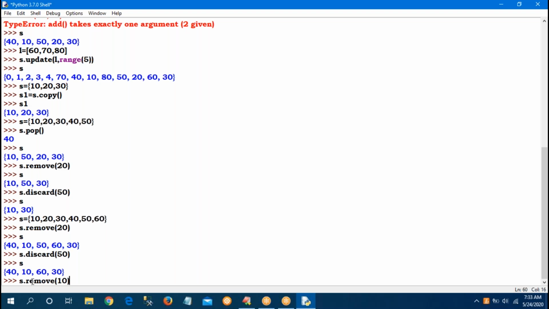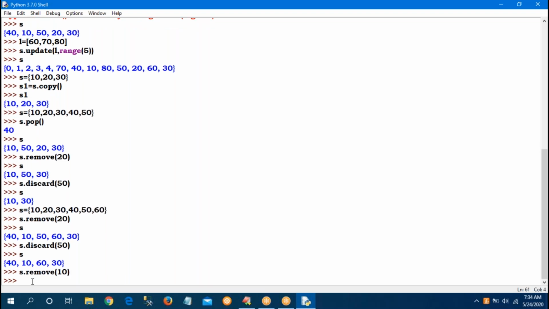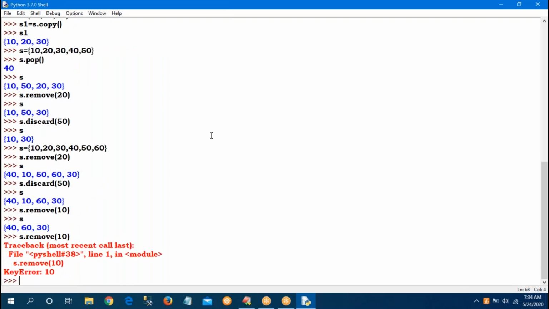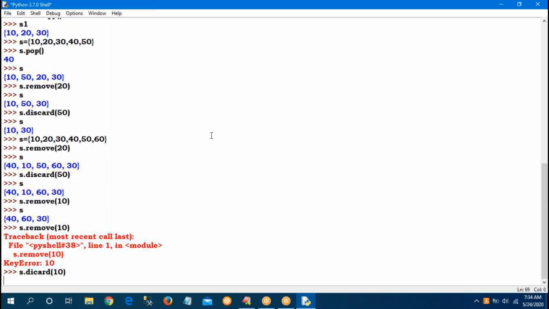Now, with 40, 60, 30, S dot remove of 10: 10 is not there in S. If the specified element is not available, I will get a key error. Whereas observe discard of 10: if the specified element is not available, it won't do anything.